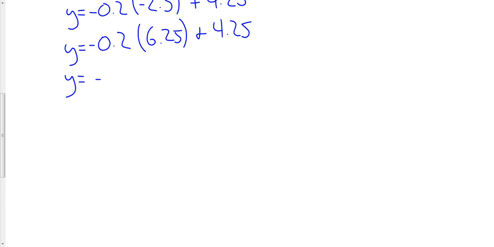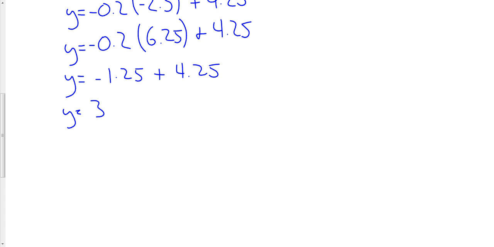That equals negative 1.25 plus 4.25. And then finally, the last thing we need to do is add those two numbers together. So negative 1.25 plus 4.25 is going to equal 3. What this means is that the initial height of the ball when it's first thrown is actually 3